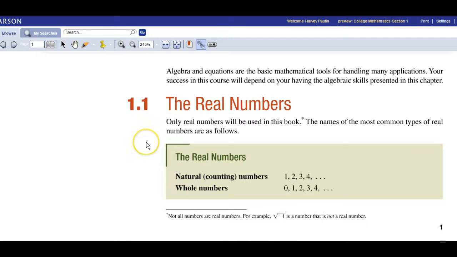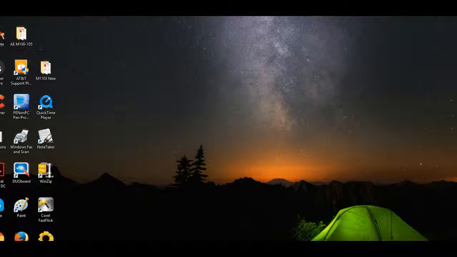Now, as we look at our first subtopic in Chapter 1, we're going to look at what is called real numbers. It says only real numbers will be used in this book. And what are real numbers? Well, to give you a little background,